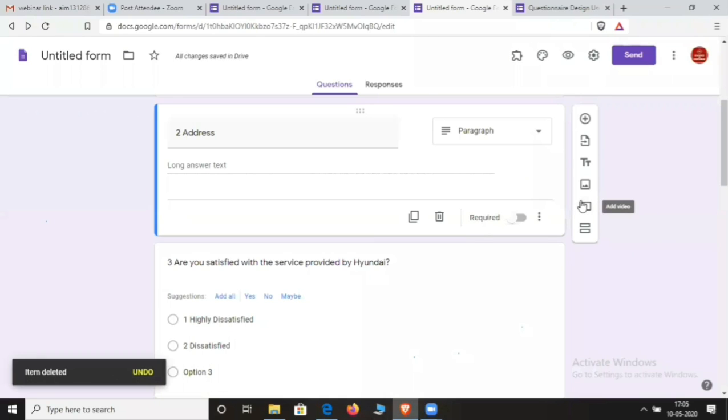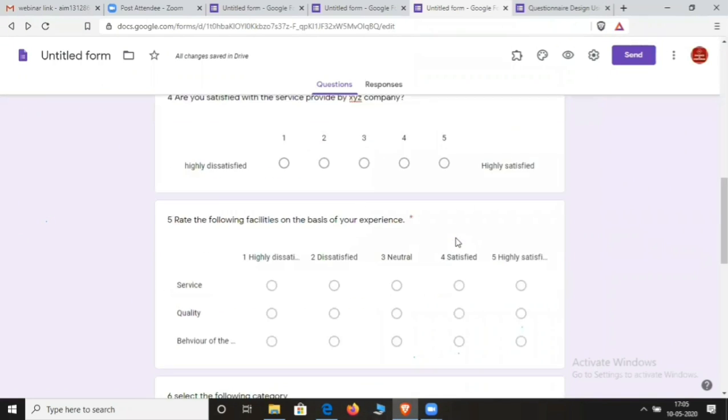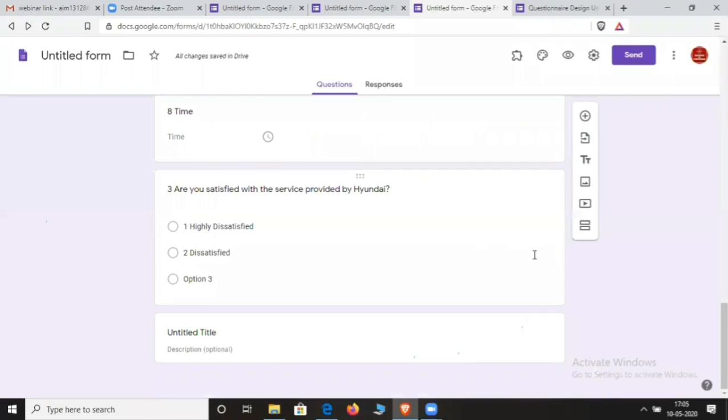Then again, you can add video and you can add section. Okay, now let me discuss the section. It is very, very important for research purposes. How is it so important? Suppose you have a conditional question.